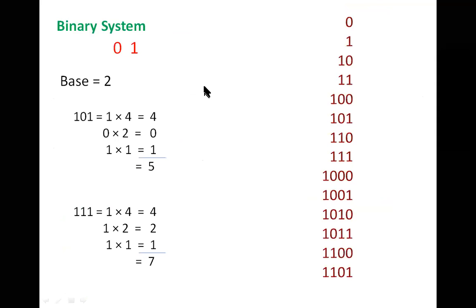Binary system means computers, they are made of electronic circuits. Electronic circuits means basically transistors. If you look at the circuit components, with what components the circuit is made of, they are basically made of transistors, and transistors function like this. You can either turn on the transistor or turn off the transistor. In all the digital circuits, the transistor functions either by switching on or by switching off. It allows the current to flow fully, or it abruptly cuts the current fully.